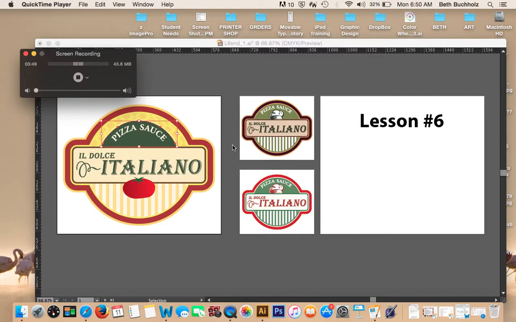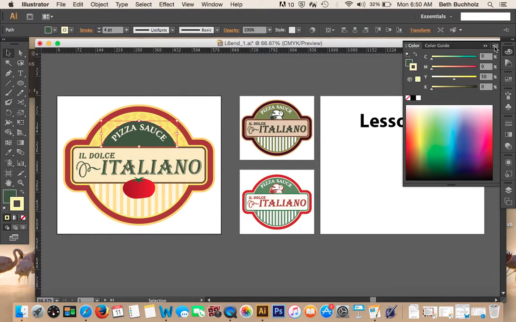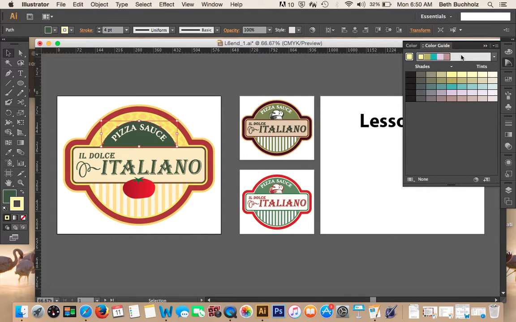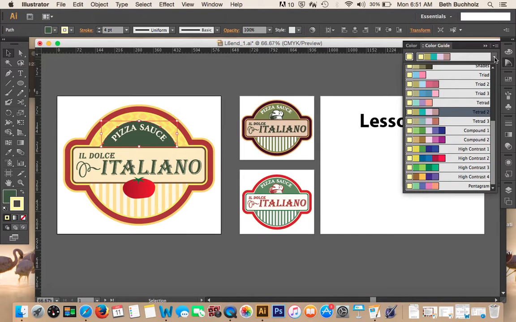The next two panels that we're going to continue to look at: if you close the color panel, the icon right below that is the color guide. Right now the yellow is the prioritized color, so that's going to be shown here. If you hover over that area, it indicates that it sets the base color to the current color, and then it gives you information related to that color. If you click on this down arrow,